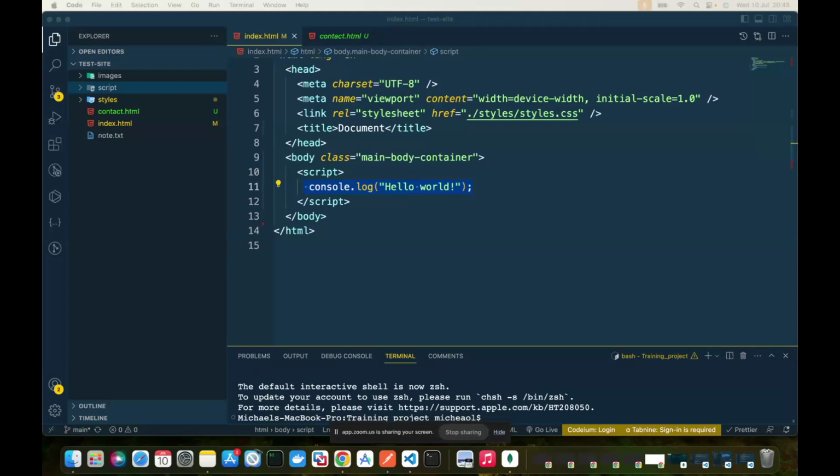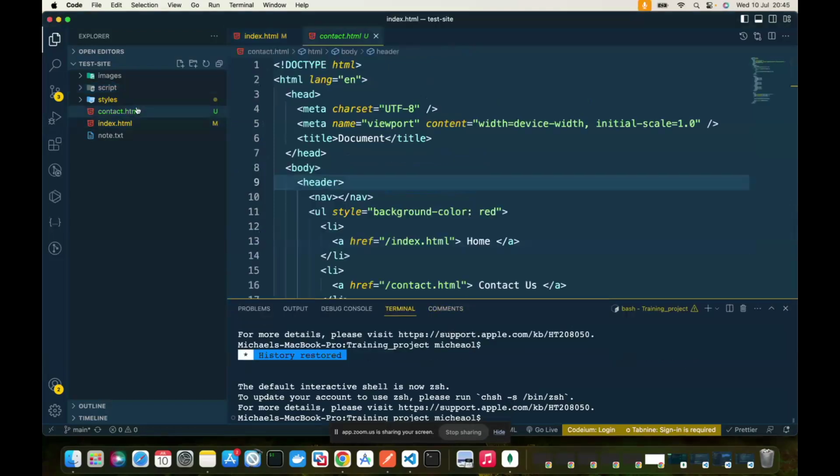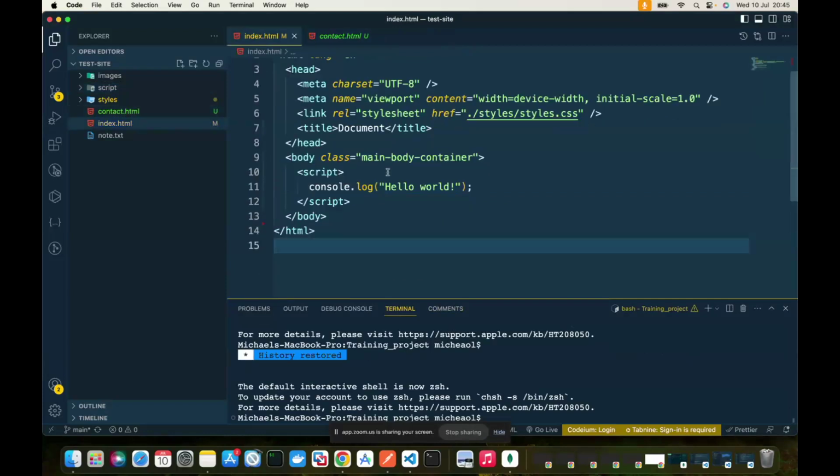Most of the time, if you're writing real JavaScript, you won't use console.log for output, because it's just going to print. Okay, let's see what it's going to do now. I'm going to come here. I have it inside this index. Let me go live.